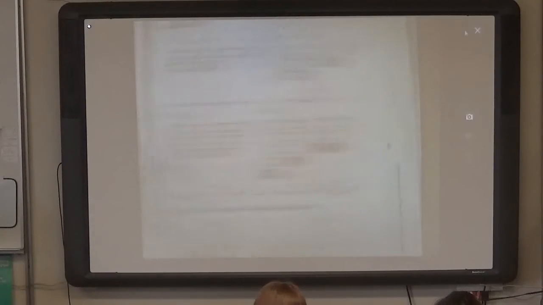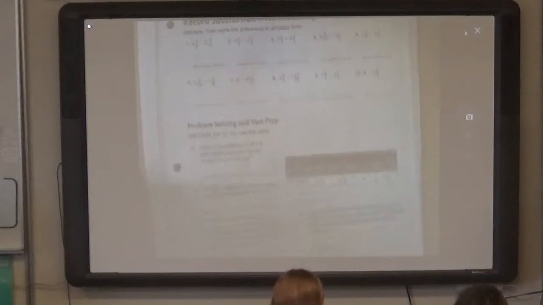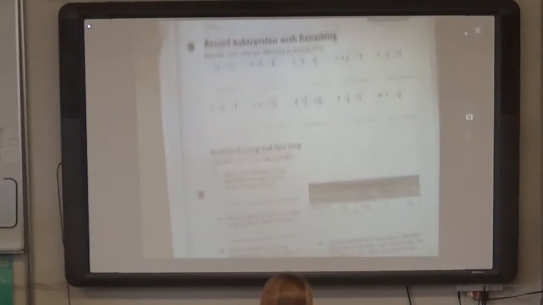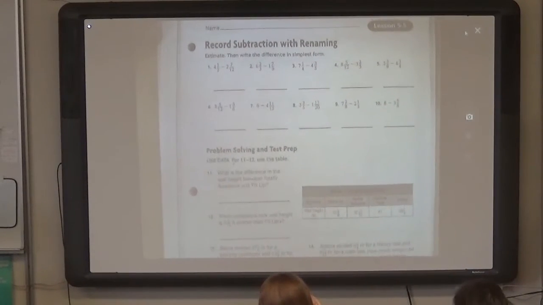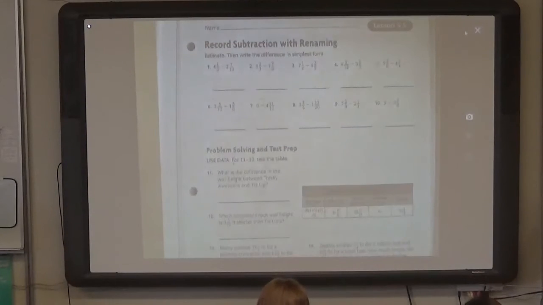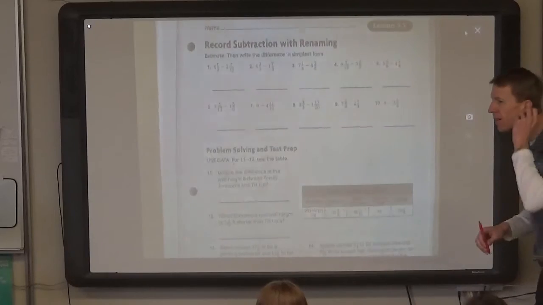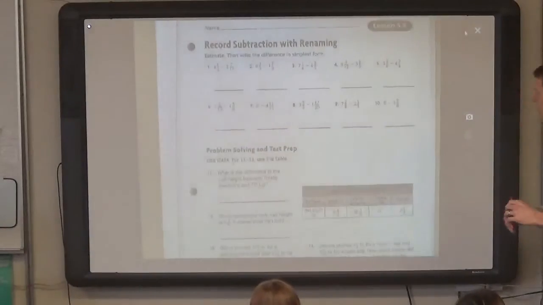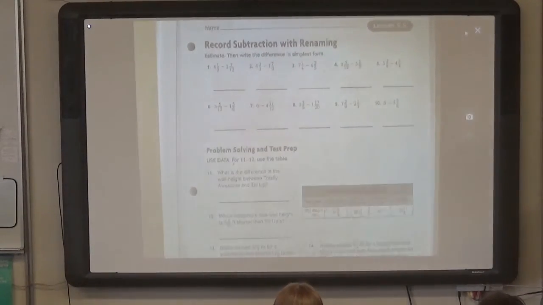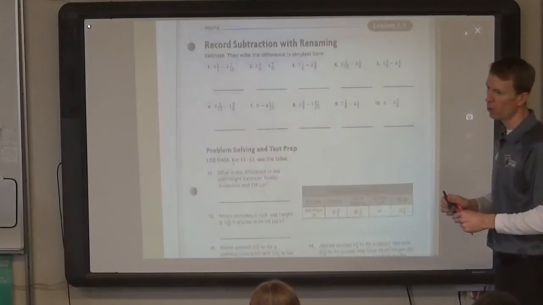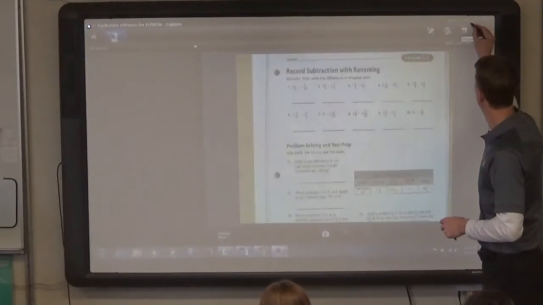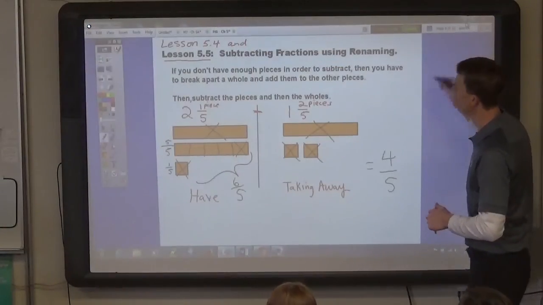So now we're going to do lesson 5.5 with subtraction, using the numbers, just computation. It was like our other assignment, except we're actually going to have to break up a whole and use the